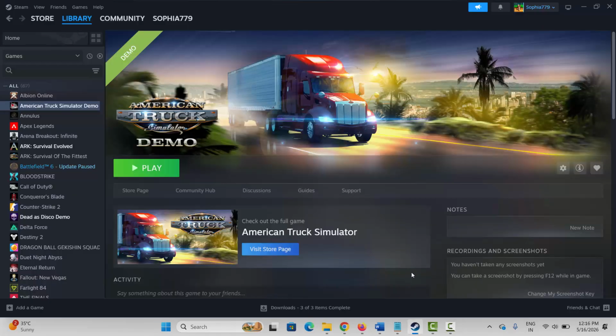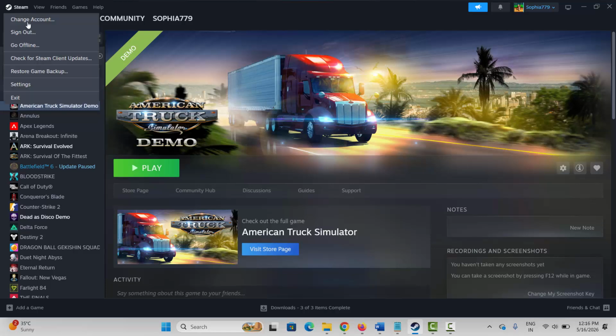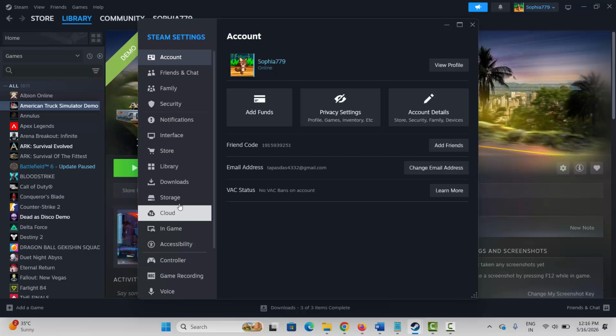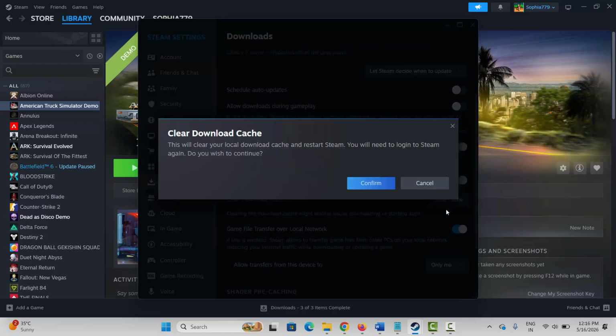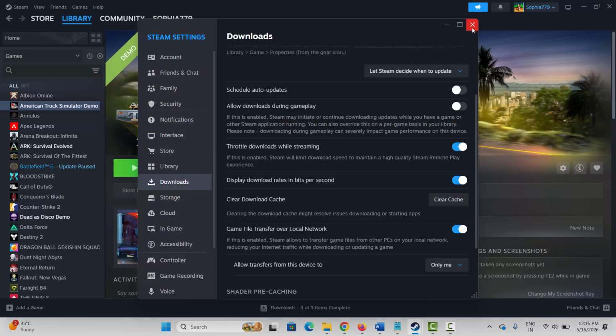Some other suggested methods is to clear cache on Steam. For that, go to Steam option, click on Steam, click on settings, click on storage, click on downloads, go below. Here you have to click on clear cache beside clear download cache. Simply confirm it. After that, log into Steam and then launch the game and check whether the gamepad or controller